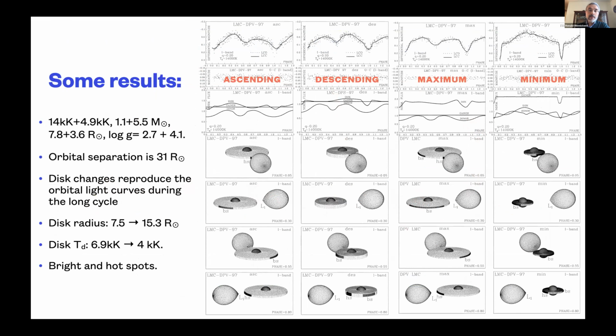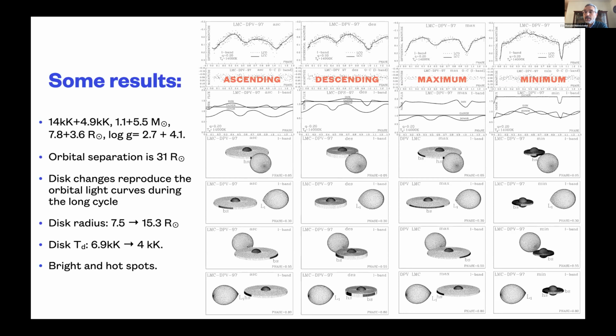We model with Goiko Jurassic and my collaborators the light curve during the ascending, descending, maximum and minimum of the long cycle. We model the orbital light curve that was separated from the contribution of the long cycle light curve using a disentangling code. And we found that the minimum of the long cycle, when the secondary eclipse disappears, is